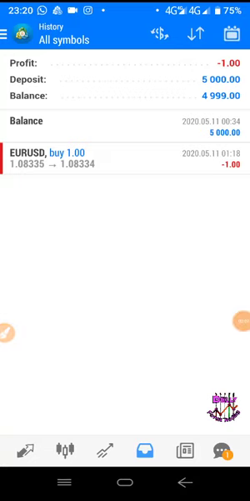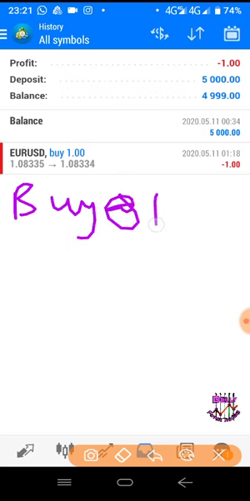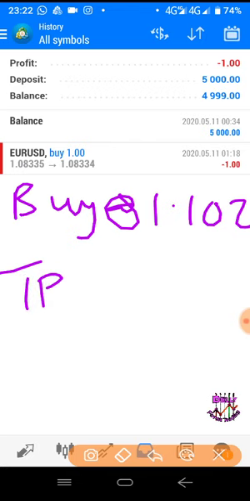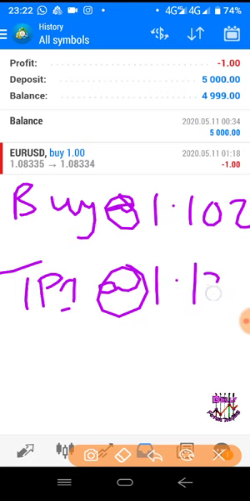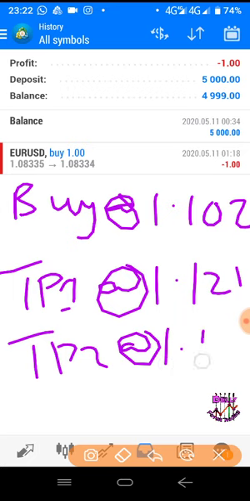So on this part, it's how to trade multiple entry or multiple trades. Let me write something down. Let's say I gave you buy at 1.102. Then I said TP 1 at 1.121, TP 2 at 1.135, and so on like that. I might probably give you 3 TPs. Then SL, which is stop loss, at